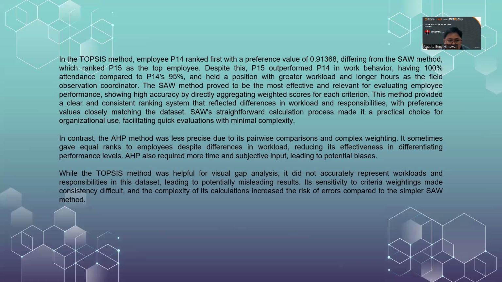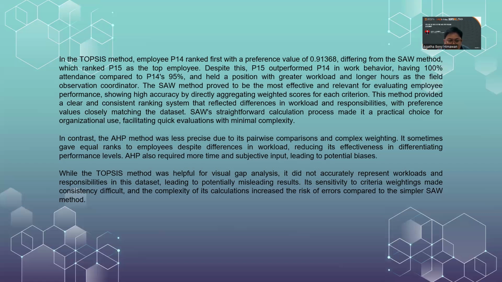This method provides a clear and consistent ranking system that reflected differences in workload and responsibilities, with a reference value closely matching the dataset. So, the straightforward calculation process made it a practical choice for organizational use, facilitating a quick evaluation with